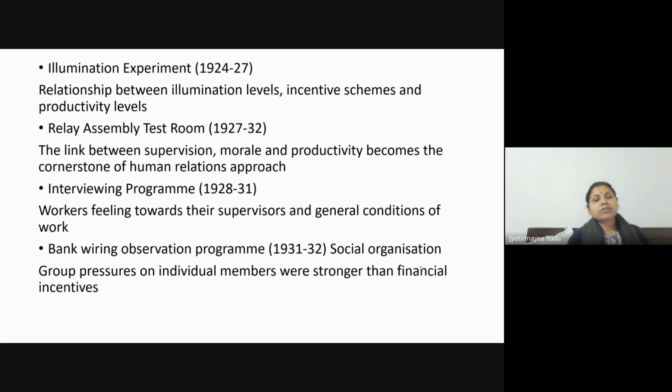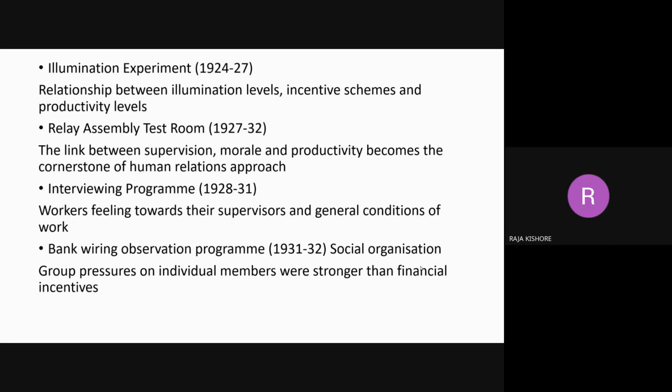And there also they have approached whether there is a link between supervision, morale, and productivity. Here, though the working condition was not very good in this experiment, the necessities of the workers were always provided in time whenever they demanded it. And simultaneously, regular supervision was being conducted in order to assess how they were actually doing towards the